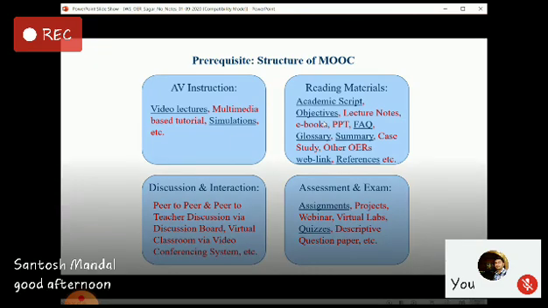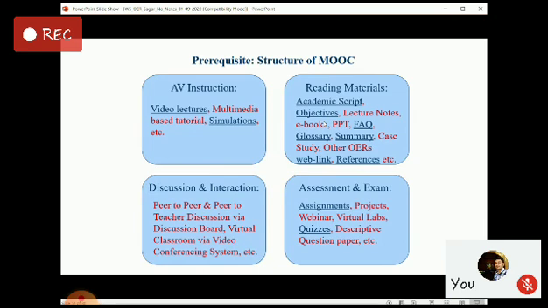One is the visual learner, visual and audio learner, VA. Another learner type is learners who want to learn from reading material, R, read and text. And the third kind of learners want to learn by doing things, kinesthetic. So he has basically divided all the learners into three or four categories. So you can see here, audio and video portion we can put in one quadrant, and text material